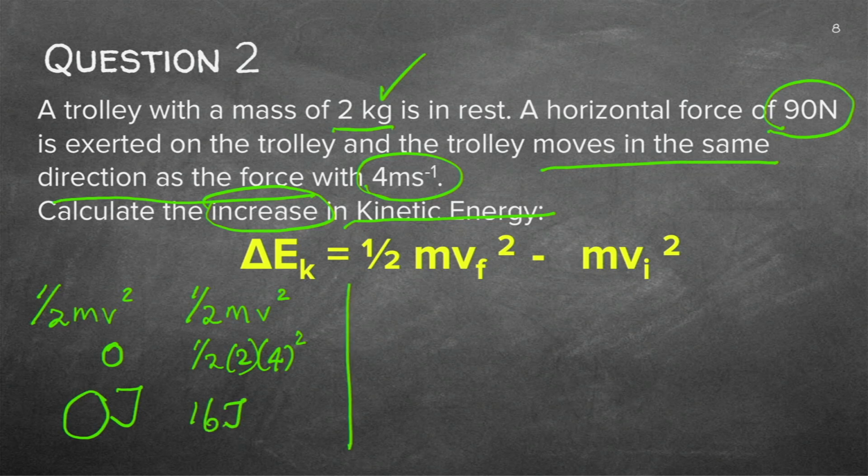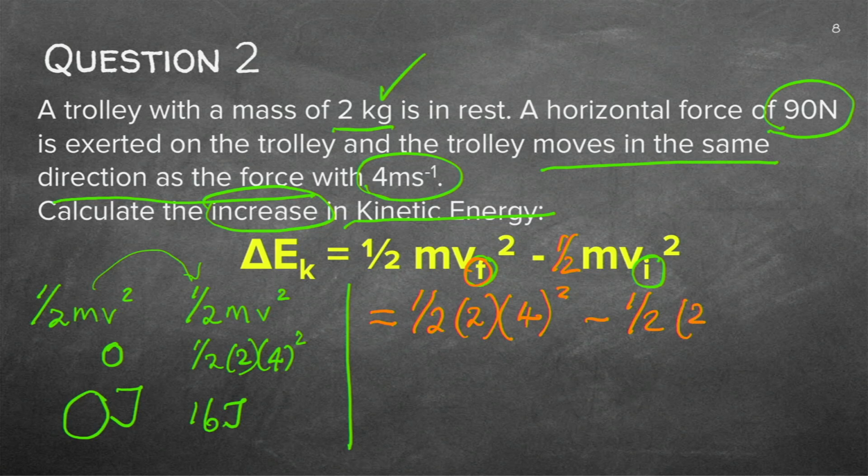Or I can use the equation that I've got on the slide. I've got the final velocity and the initial velocity. So you can do the 2 calculations that I did here in one calculation. Let's go and complete this equation. I've got a half, the mass is 2, and the velocity is 4, and that's the final one, squared, minus a half, that half has been omitted, times the 2 times 0. That's what we started off with. We will then get the same answer as we got there, which is 16 joules.